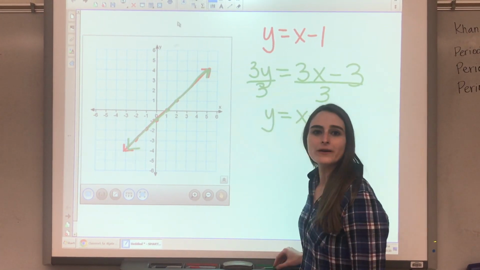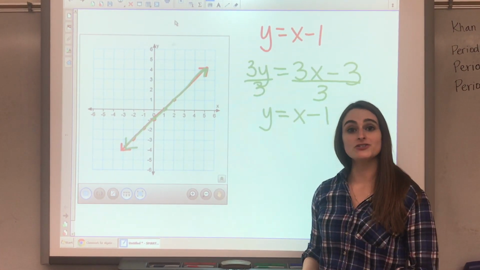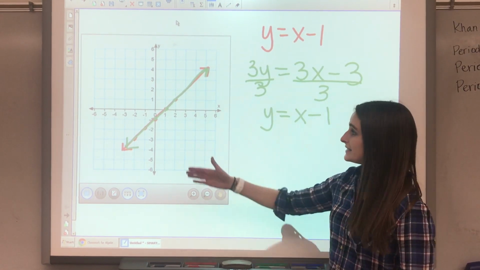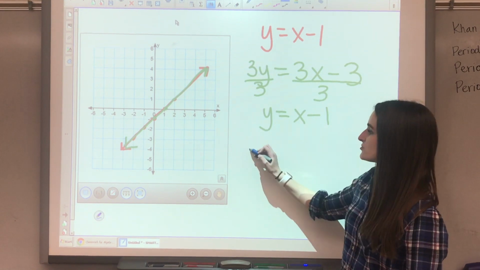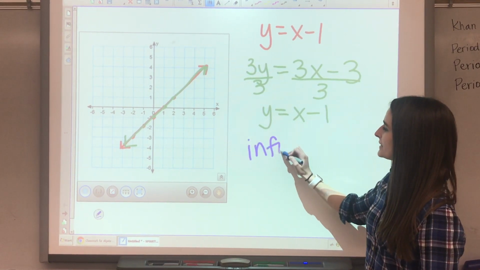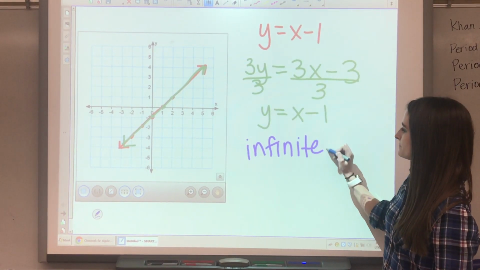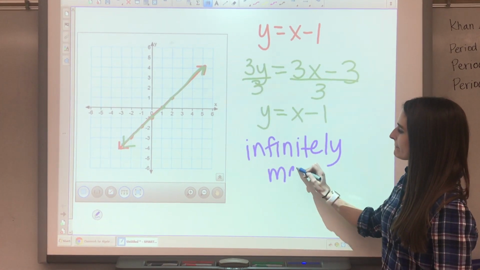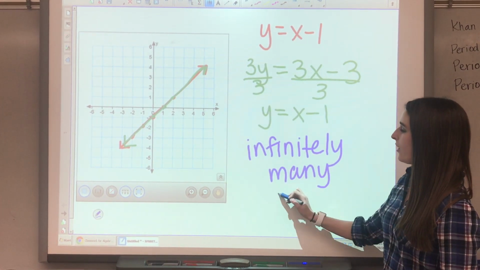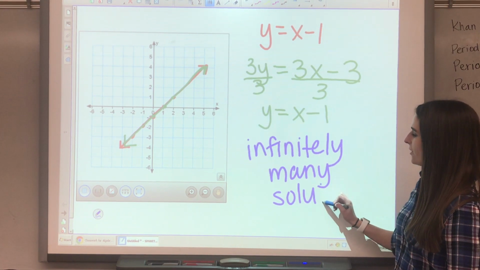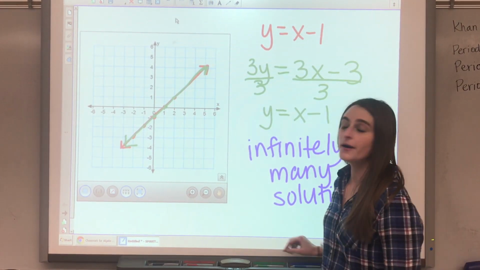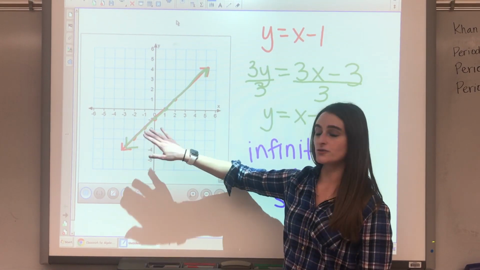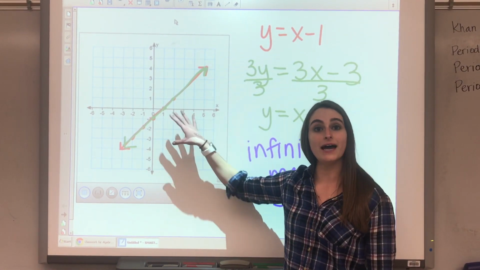So if we think about what it means to be a solution to a system, which is where the two lines intersect, these lines intersect at every point, which means the system will have infinitely many solutions. Which is different than saying all real numbers, because if we say all real numbers, that means that any number would work. But here, it's only the numbers, only the coordinates that lie on the line will work in